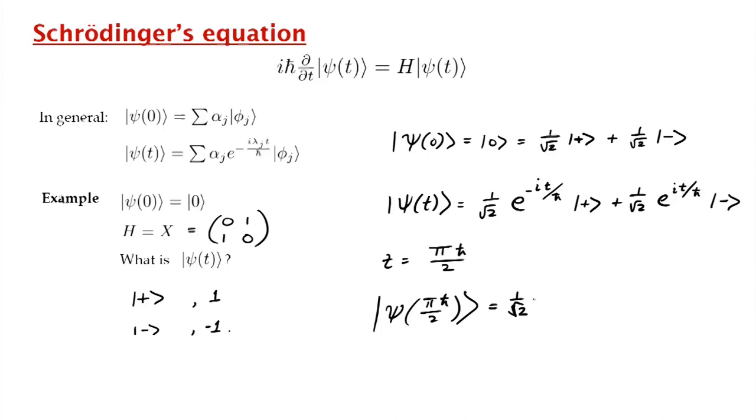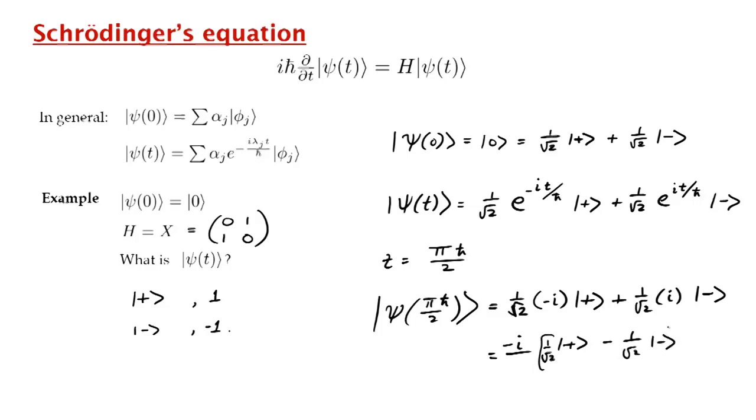So you'd get minus i times plus. And here you'd get i sine pi by 2, which is i. So you'd get 1 over square root 2 times i times minus. Pulling out the minus i, you'd get plus 1 over square root 2 times plus minus 1 over square root 2 times minus. And what's that? Well, this is just minus i state 1. So in this much time, our state has gone from being 0 to being